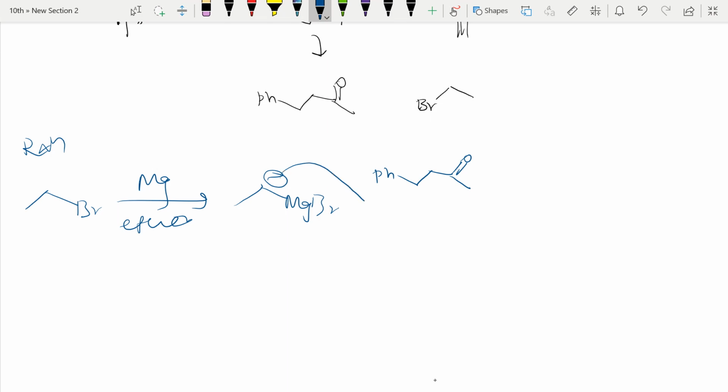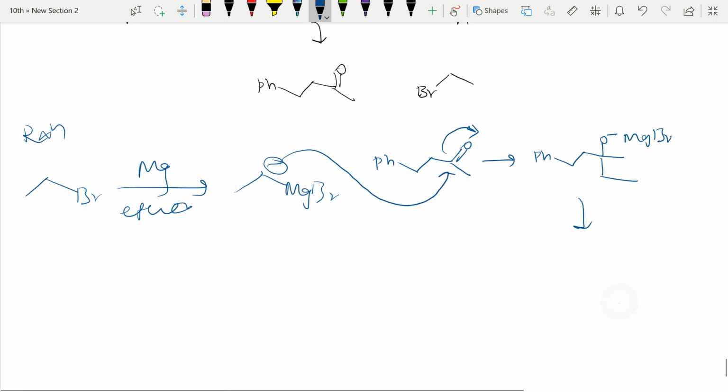So this strong nucleophile will attack the strong electrophilic site. So PhCH2 C with O minus and CH3, and the other things will be as they are, CH2CH3, and MgBr comes here, right? So if we add water,